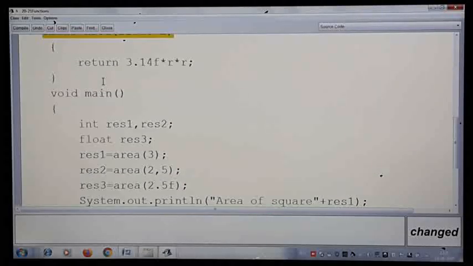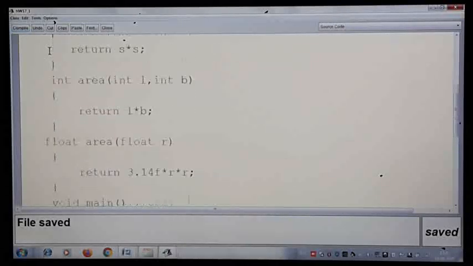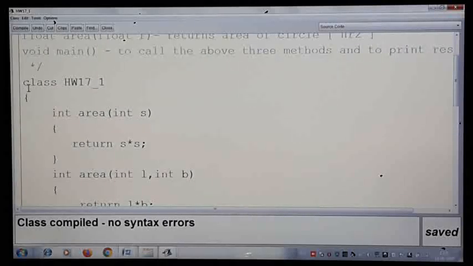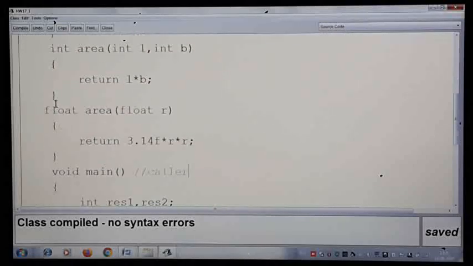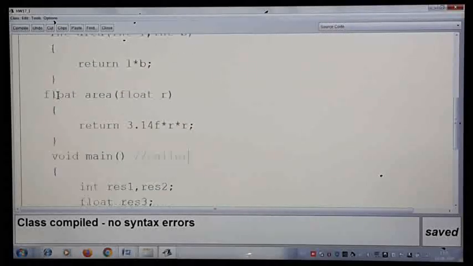So the main method, you can call it a caller method, where it is going to call all the other methods in an order and print the result. Let me compile now. Okay, let me make all the methods static. You can avoid the creation of an object. Otherwise, don't write static for any of these.